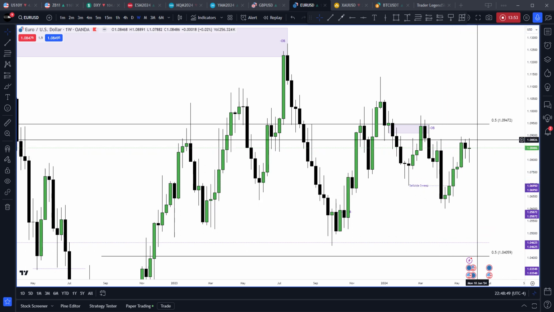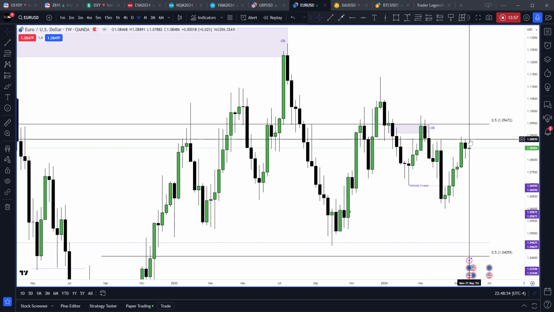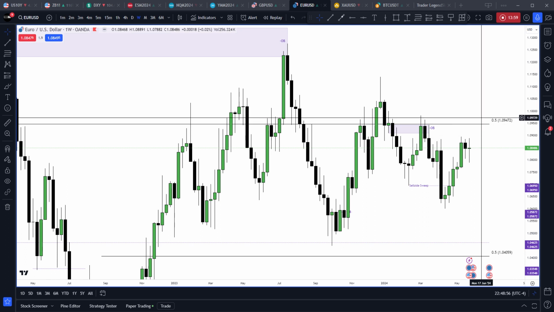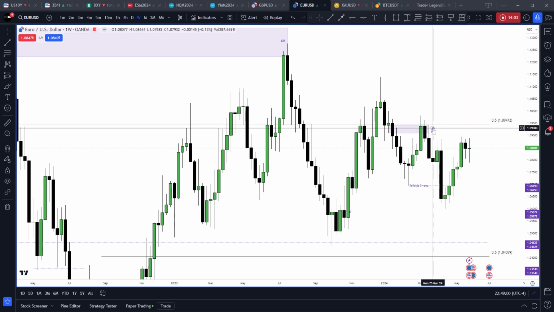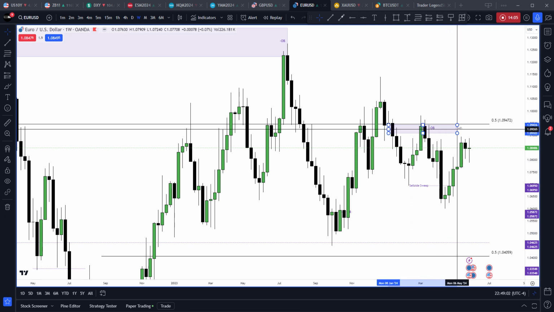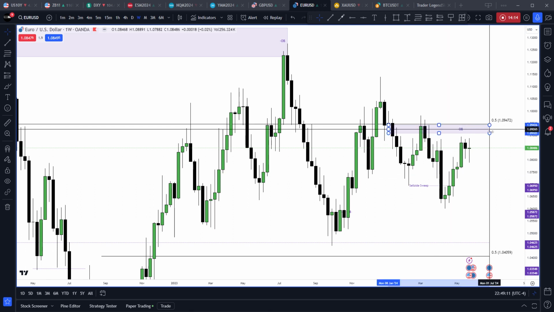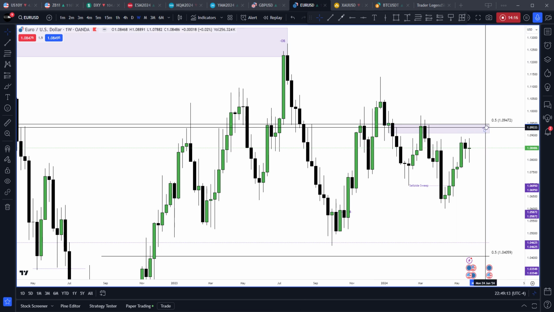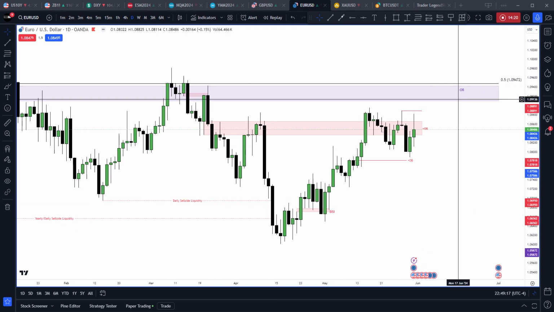So on a weekly time frame, we still got relative equal highs, because people still can place their stops up there, highs and highs. With that point there being of interest. Now if we move over to the daily time frame now,